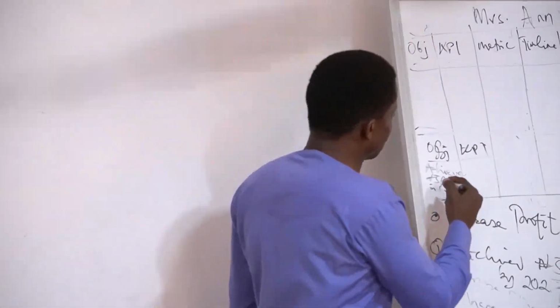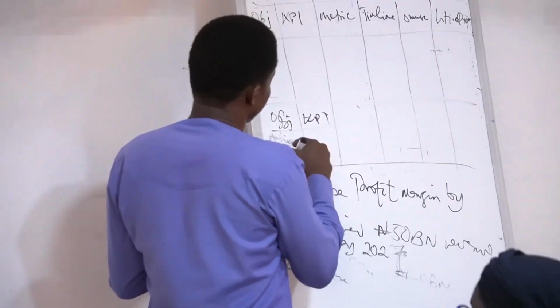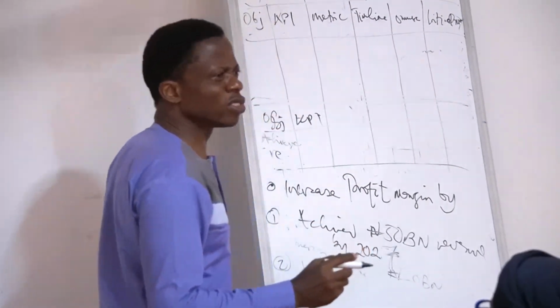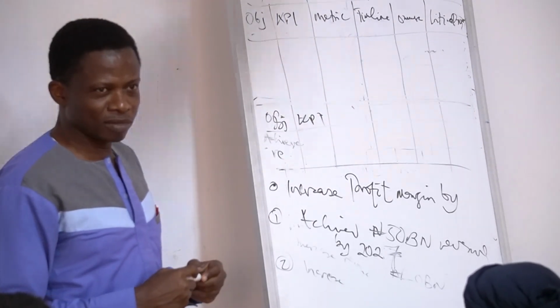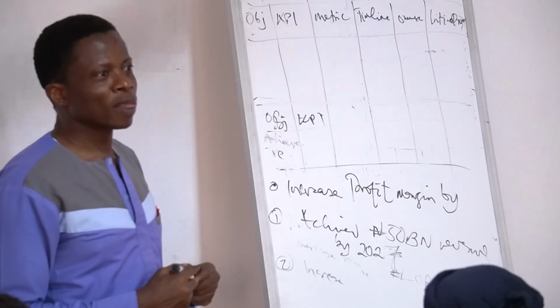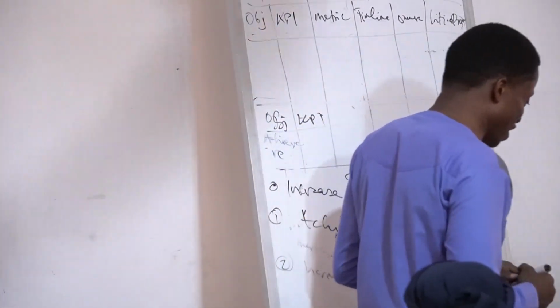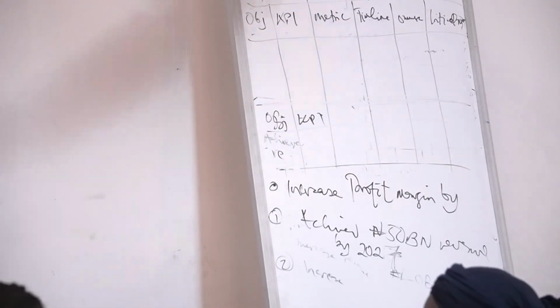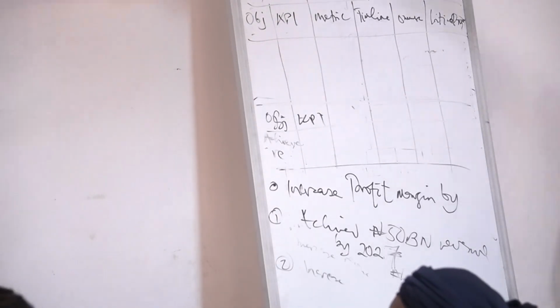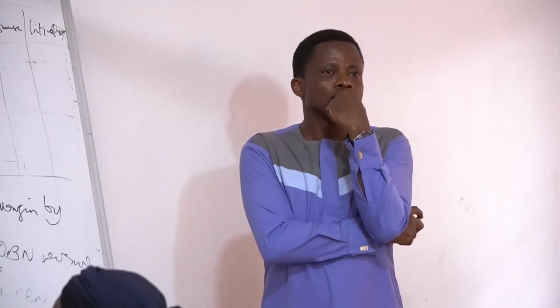So I think the objective there should be achieve revenue. Achieve revenue is still achieve revenue. The objective is to increase the revenue. If we are saying increase sales from this to this, what the God wants is to increase revenue. So we talk about achieving that increase in revenue. That's the objective.